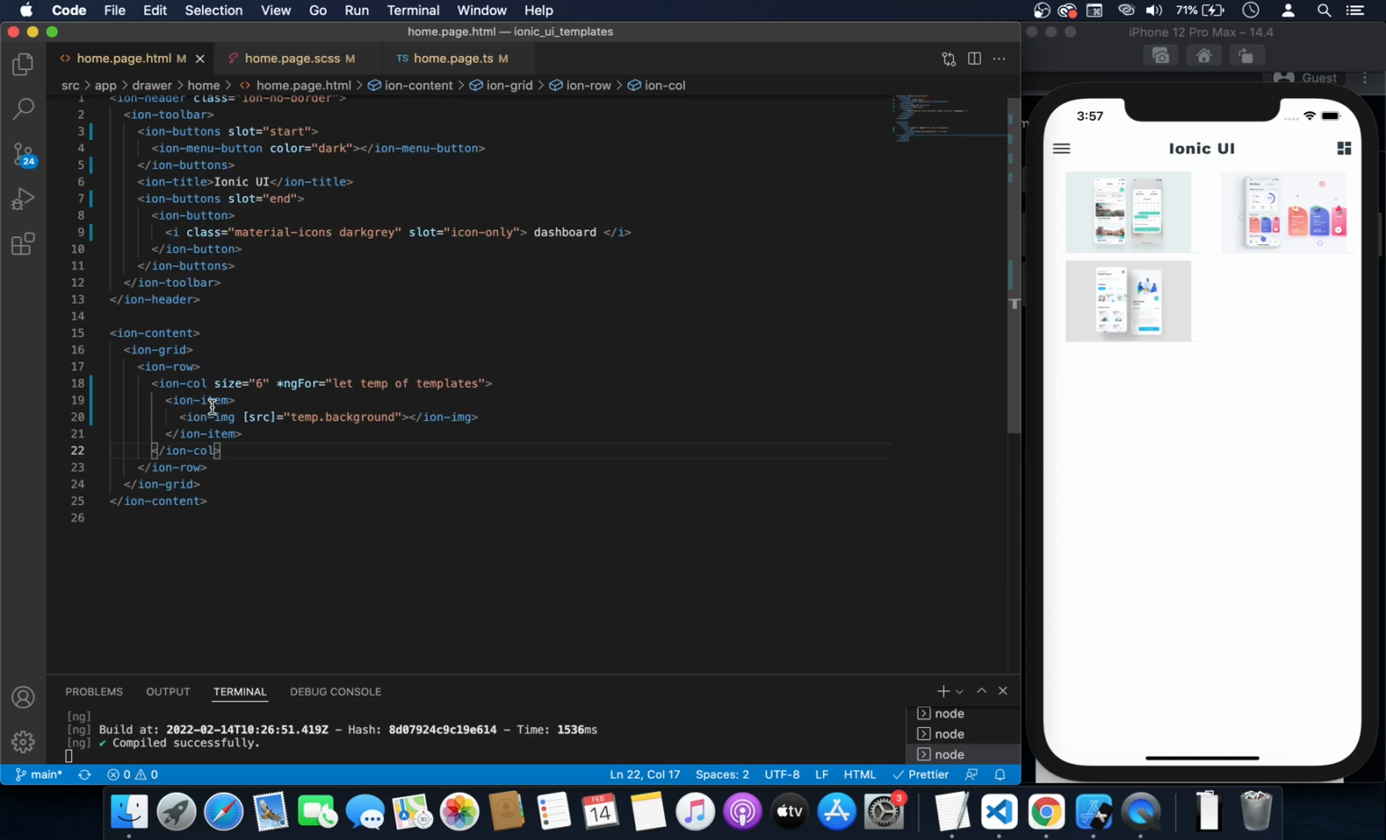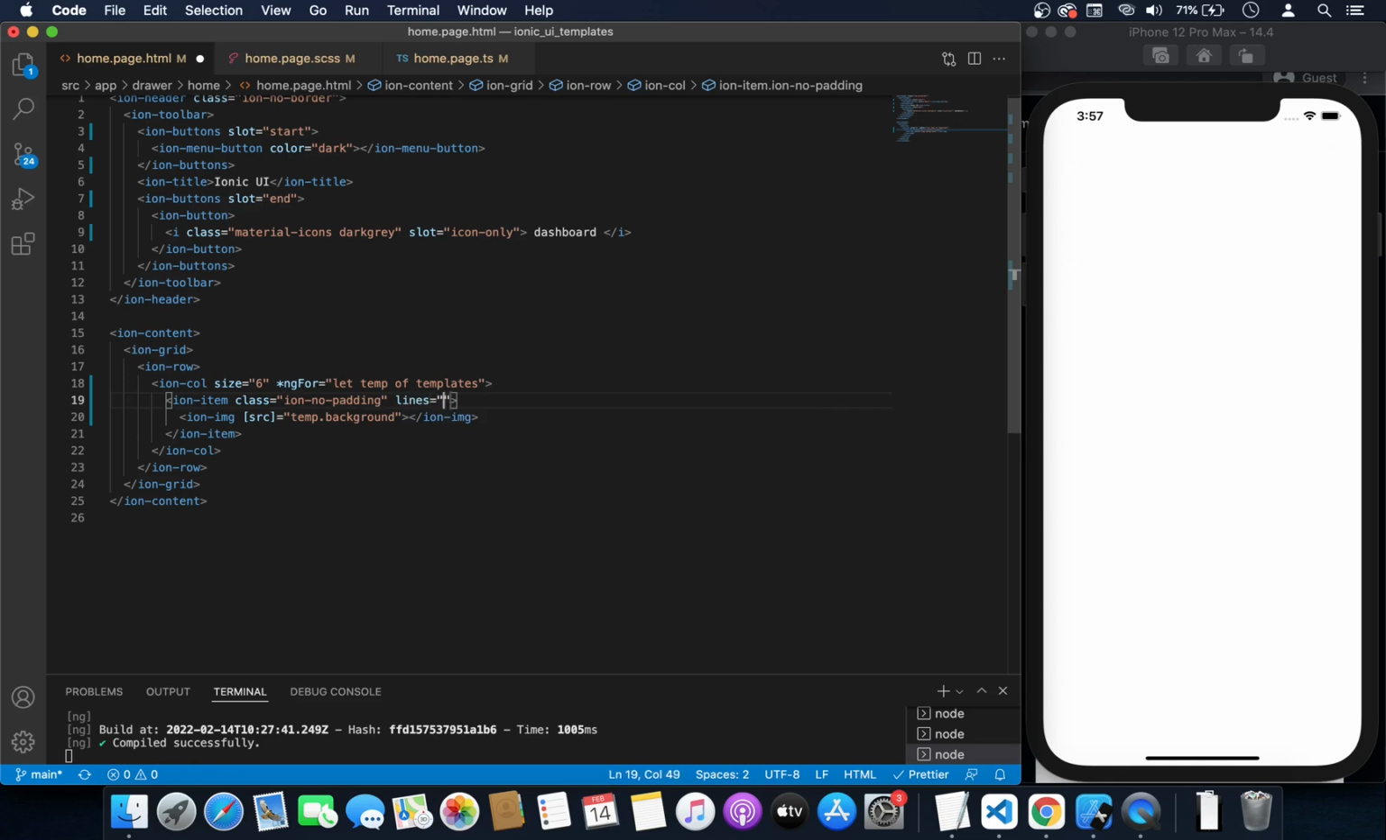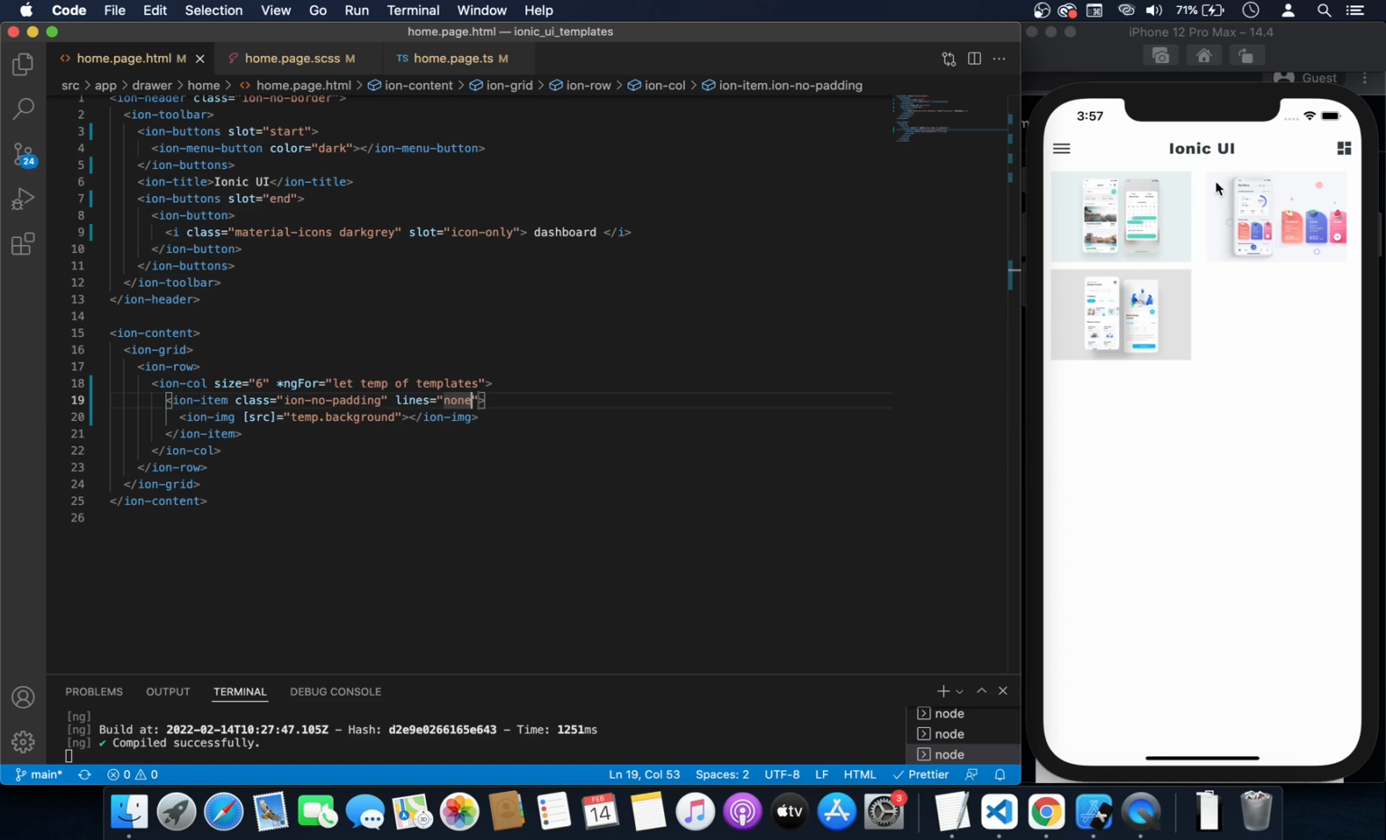Now you can also use a div here. It doesn't really matter, but I'm using ion-item. And ion-items come with some default styling like padding and this line here. So we can remove the padding using ion-no-padding. And for the lines, we can set it to none. Okay, but there's still a little padding at the end, so we can remove that in the